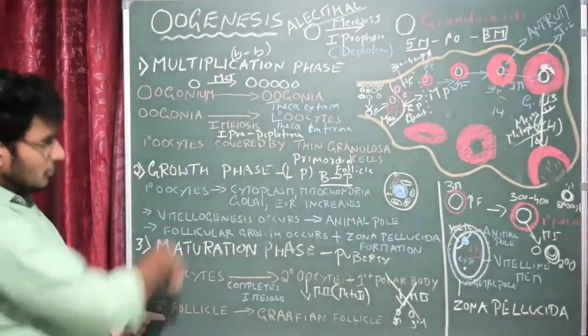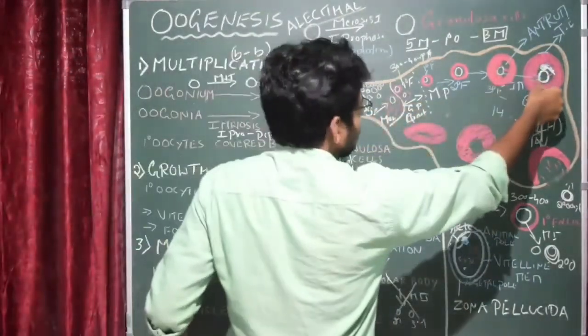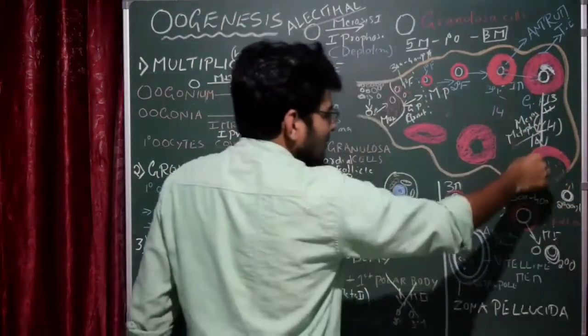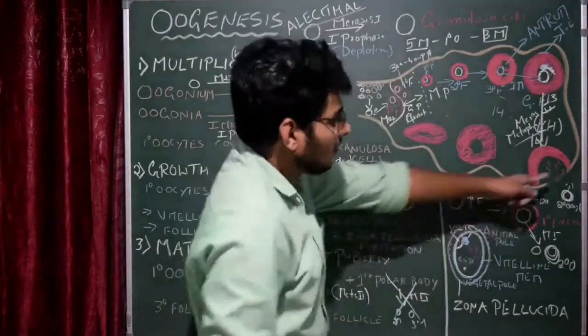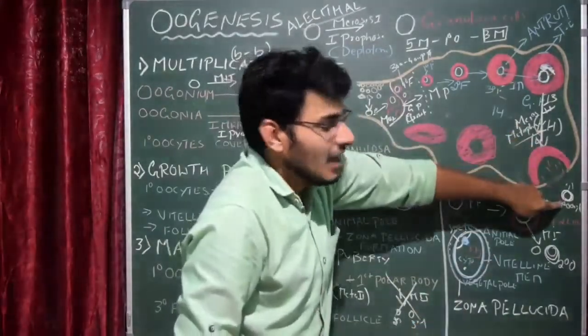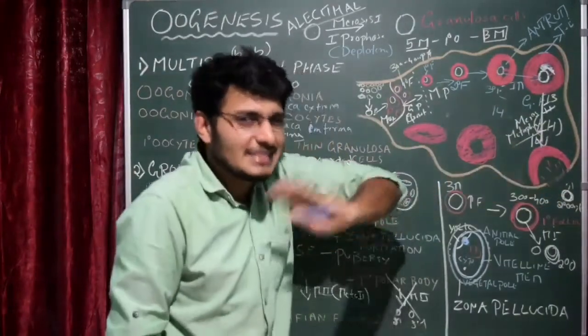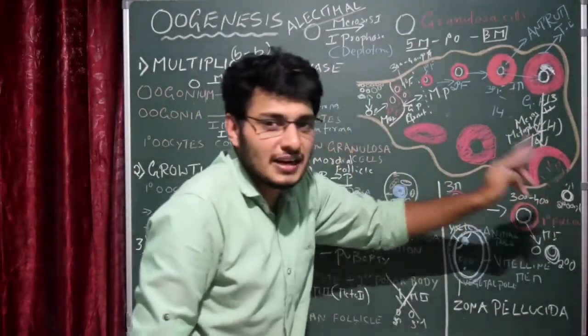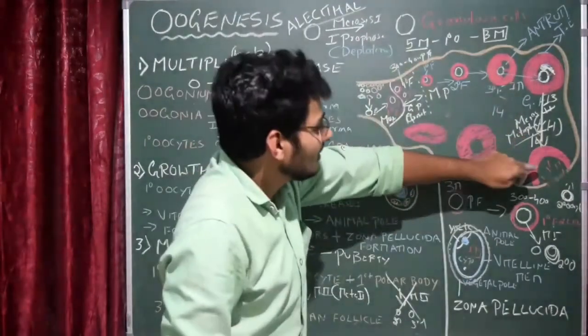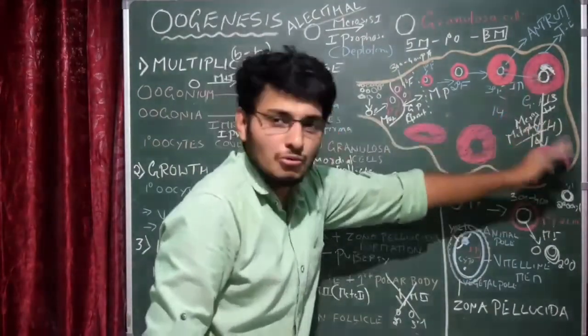Here at the same time, you know that the tertiary follicle transforms into Graafian follicle and then rupturing of the Graafian follicle takes place. Okay, this is actually exactly on the 14th day. The process is called as ovulation, the process of release of the haploid ovum, but it is not exactly ovum, it is actually the secondary oocyte arrested in metaphase 2 of meiosis 2. Okay, fine. Okay, so that is called as oogenesis.